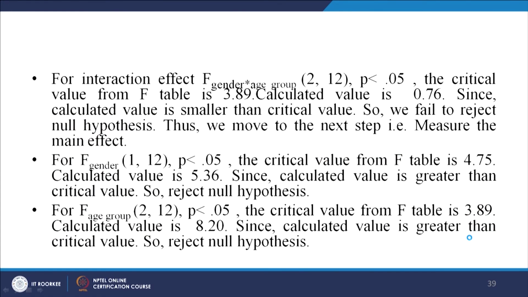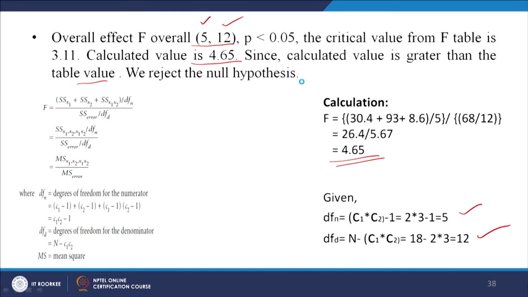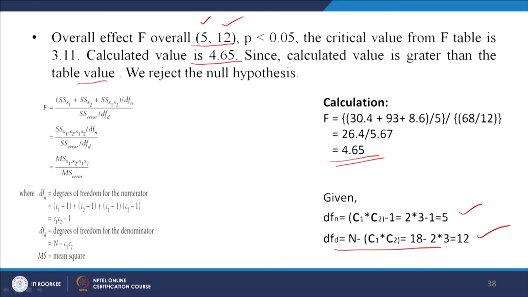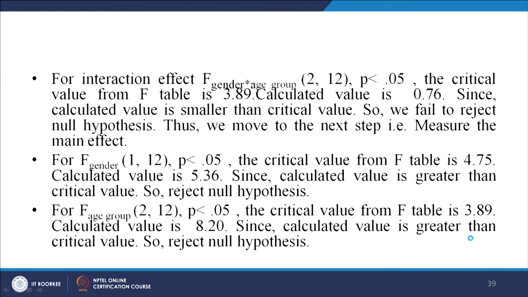Now, the interaction effect of gender and age group. The degrees of freedom for gender is 2 and for age group is 12, the total is 2 into 12. This is the degrees of freedom of the denominator. The critical value of the F table is 3.89. So for the interaction effect at 2 and 12 degrees of freedom and 0.05 level of significance,